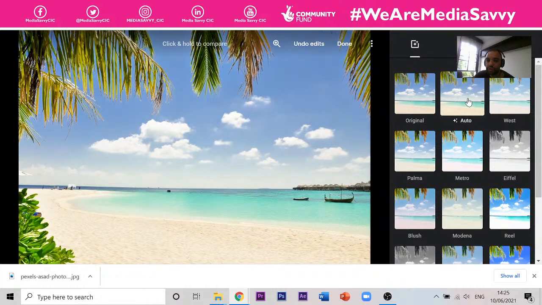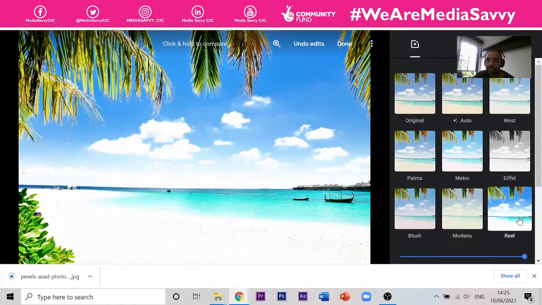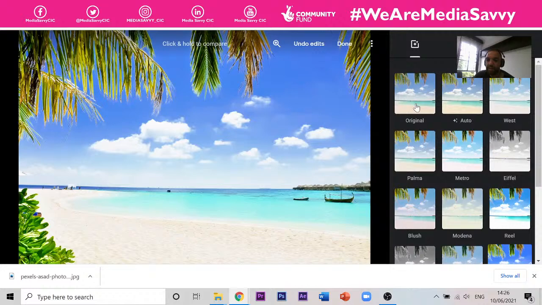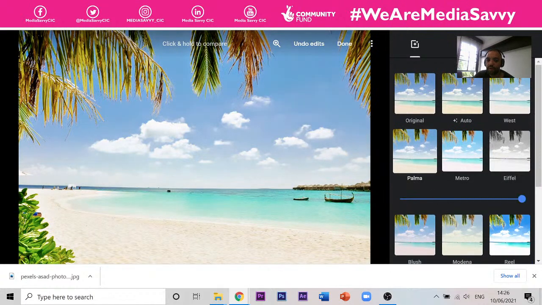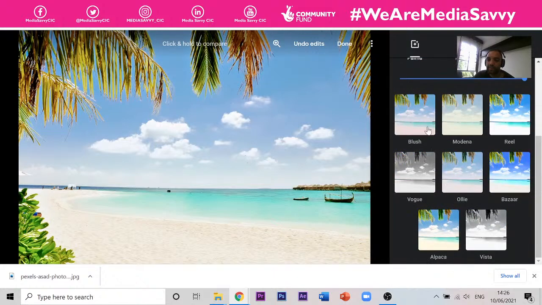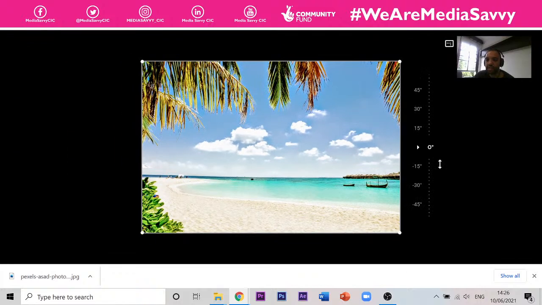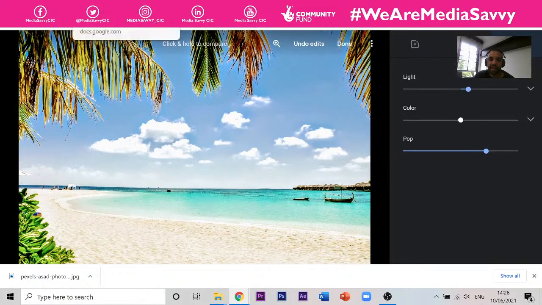We can use auto edit. We can change its, there's different filters in there, and then you can use that slider to change its effectiveness. I quite like this one. Gives it a bit of a more warmer feel to it, but you can just play around with it, and there's lots and lots of different options. Color pop, as you can see, makes the image, let's say, pop, or increases the contrast of that image. You can rotate and crop and all kinds of things there. Okay, but that image you click done. Once you're done, that image can be linked to